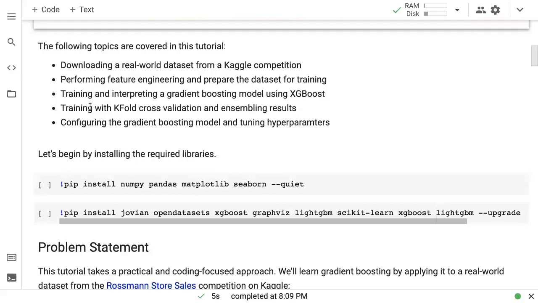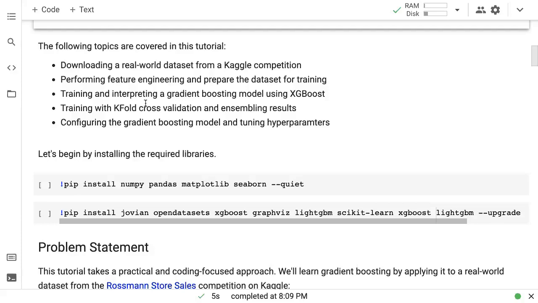We're going to train and interpret a gradient boosting model using the XGBoost library. We're going to train with k-fold cross-validation. So it's a different kind of validation technique. And we will also ensemble the results once we do the k-fold cross-validation. We'll also look at how to configure the gradient boosting model and how to tune its hyperparameters.